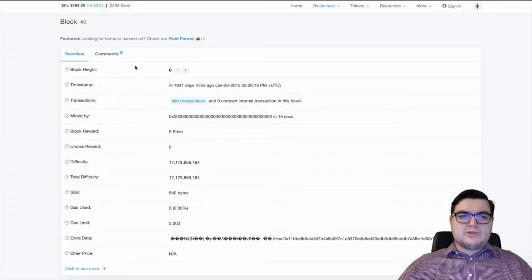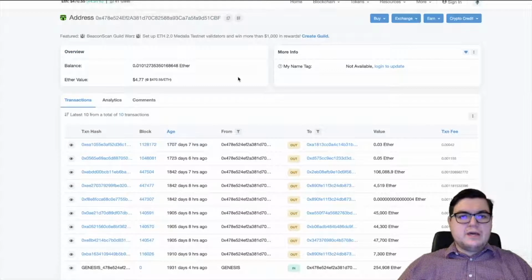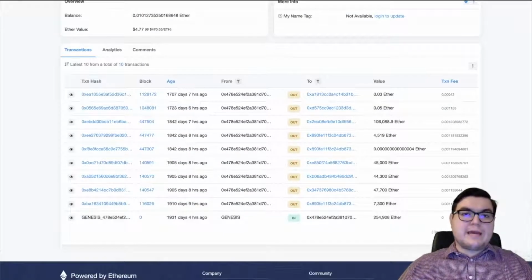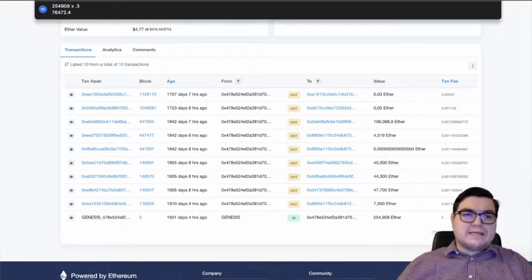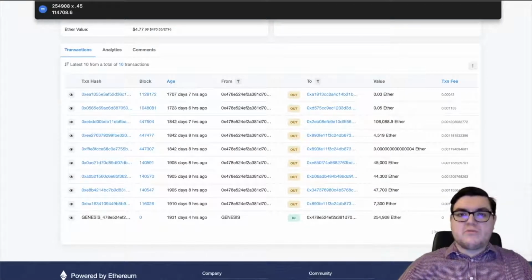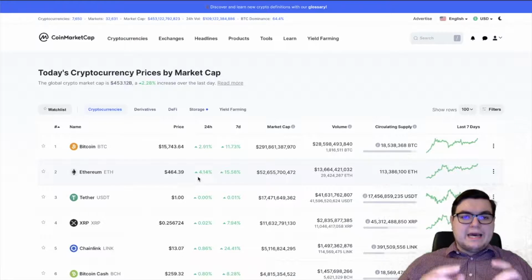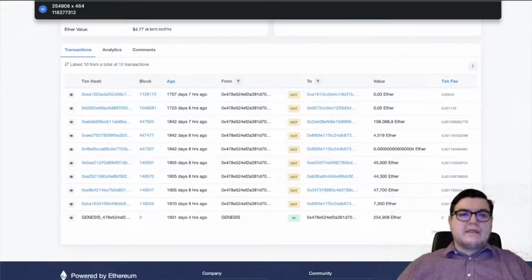This is just block 0, it's a single transaction, discussing the details of that transaction. Here is a wallet that received 254,908 Ethereum. So by this point in time, if it was purchased for 30 cents, it's $76,472. If it was purchased for around 45 cents, that's over $114,700. With the current prices of Ethereum, and it's doing pretty well right now, up 4.14% at $464, that would bring